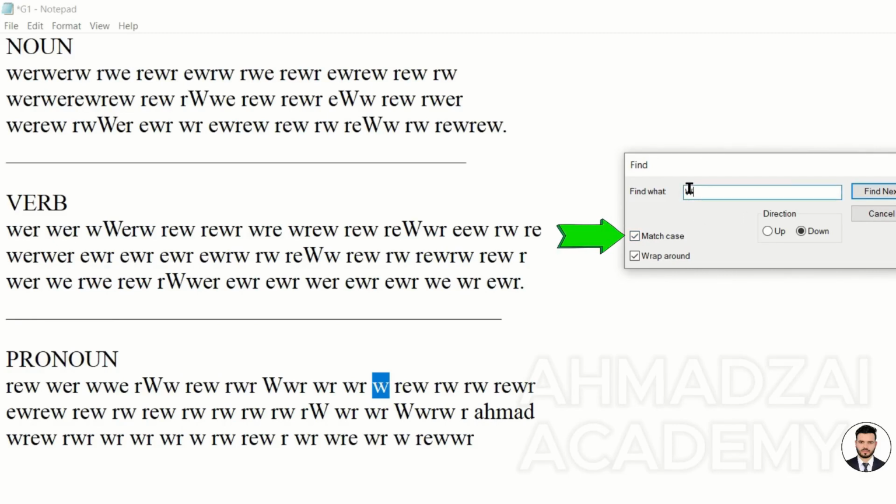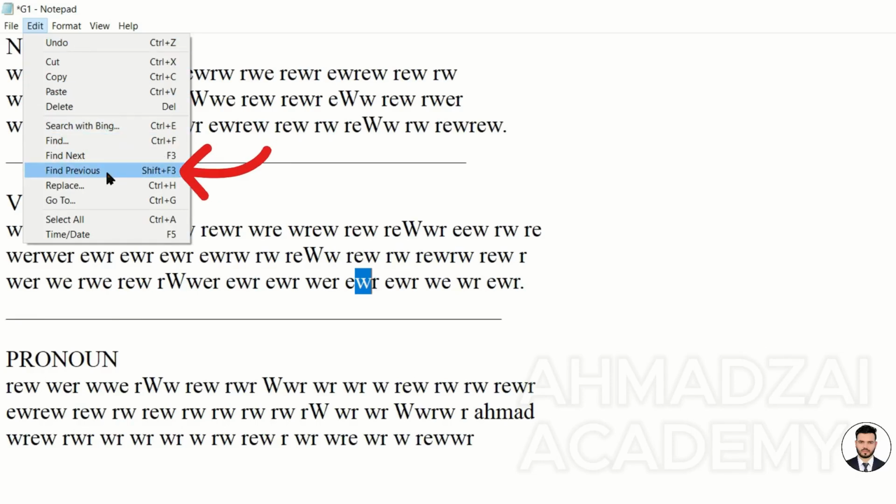If I had written uppercase letters here, it would only find the uppercase ones for me, the exact words. Only the ones that are written in uppercase. But if I write lowercase letters here, it will find the lowercase ones for us. It skips the uppercase ones, meaning it matches the case. If it's written in lowercase, it'll find the lowercase ones for you. If you write it in uppercase, it'll find the uppercase version for you. So it will only match those with the same case.